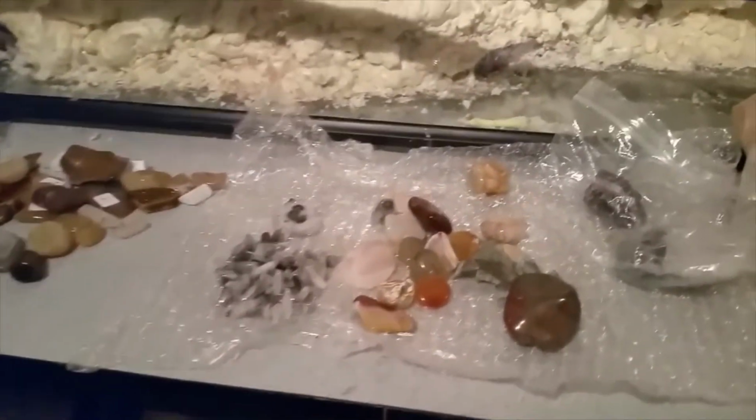Oh, yeah, this is what I really wanted to show you guys. I keep talking about how I'm going to have a mosaic of stonework all over the...